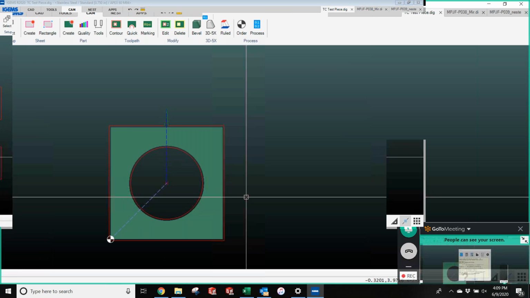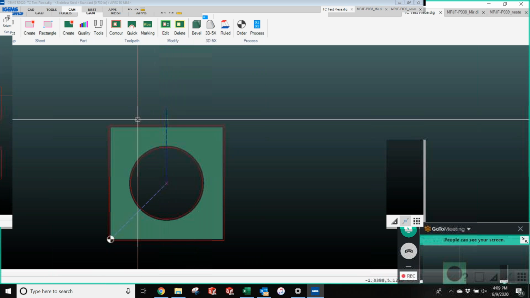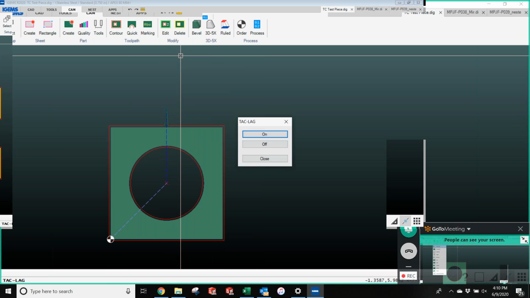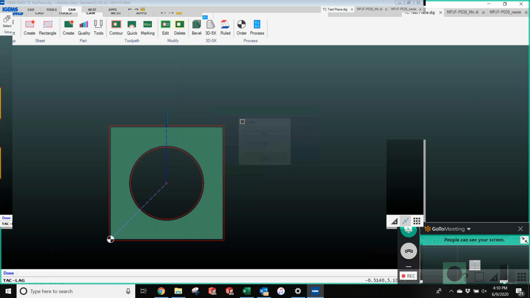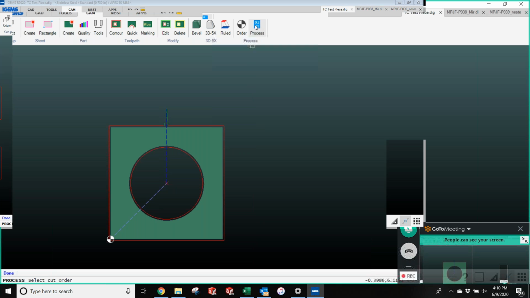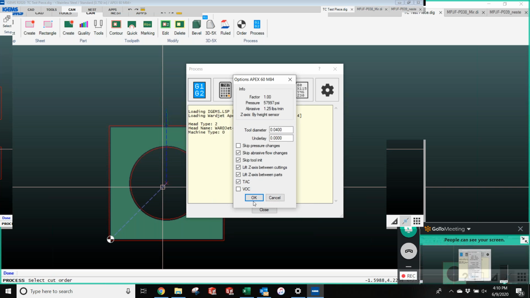So this would be an example where, if you did want to, we don't necessarily need to do taper compensation on the inside hole, but you might want to do taper compensation on the outside hole. Then again, on the parts, you go into the TAC lag thing, click the on button and say, all right, just do taper compensation on the outside. So that way, if we did this again, leave the TAC on,